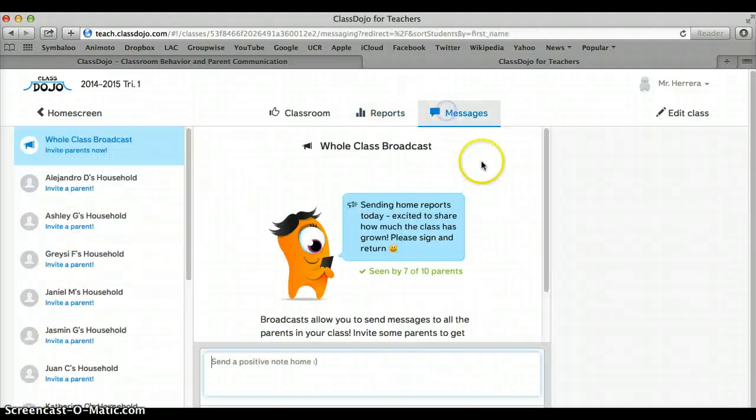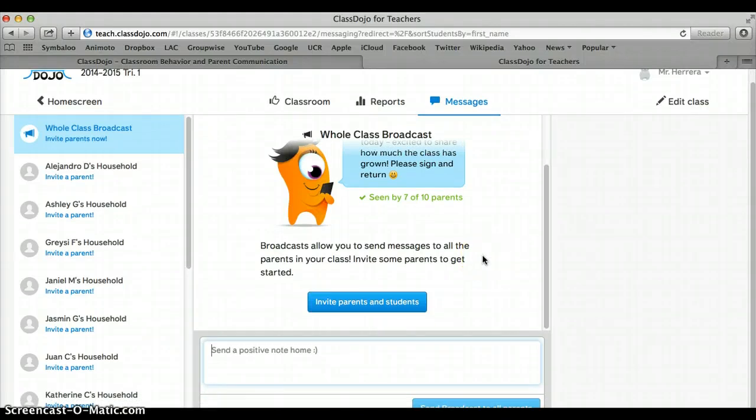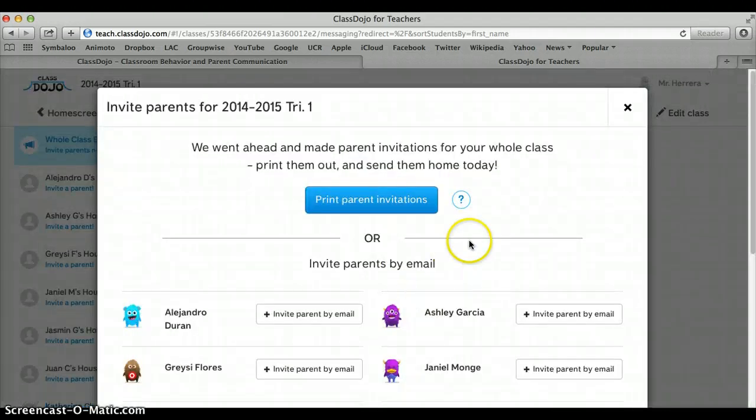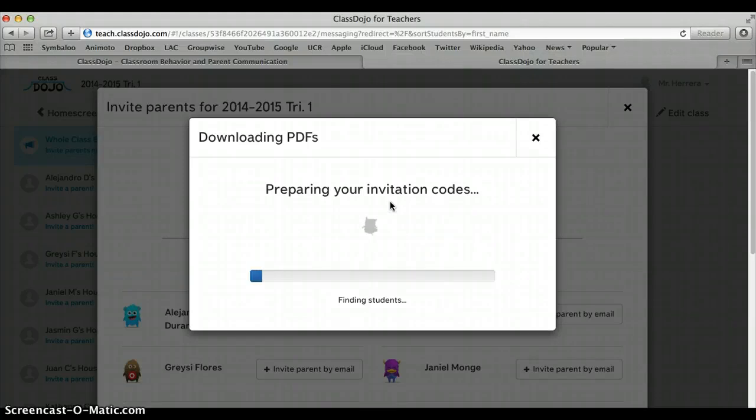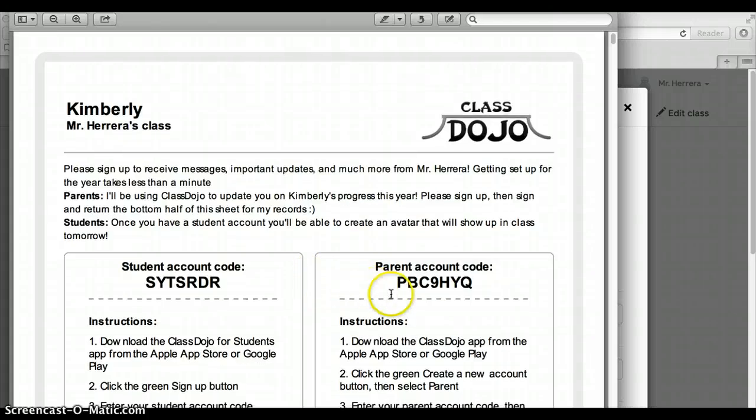You could also invite your parents to be part of this. That way they can get a daily report on how their kids are doing. You just click on this invite parents and students tab. What you're going to end up doing is printing some invitations for parents to go online, go to ClassDojo as a parent, and they would submit this code which is linked to your account, and then